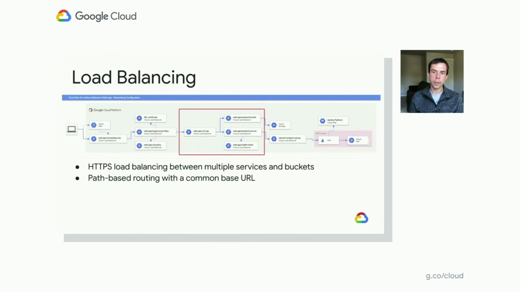At the heart of our load balancer is what's known as a URL map. And our URL map defines an association between request paths and backend resources. In this case, our URL map includes a default route to a backend bucket associated with the GCS bucket that contains our static application assets. It also includes path-specific routes to multiple backend services, which are each mapped to individual Cloud Run for Anthos services